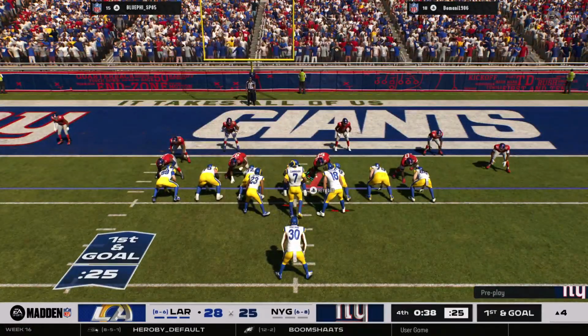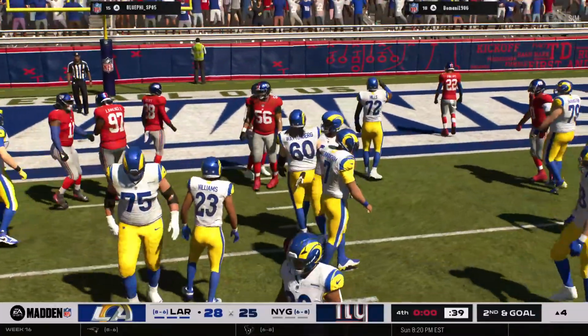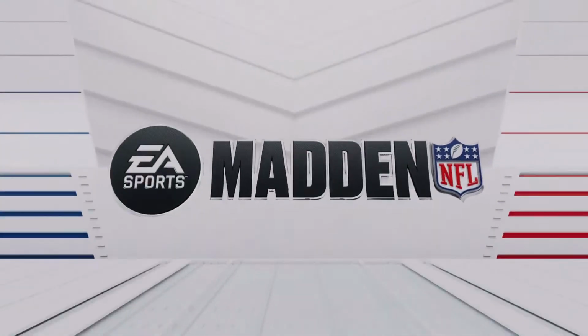Victory formation here. Looks like they're going to take a knee on 1st down. Hut, hut. Here's a design run. So it's the Rams who take this one on the road. Brock, I know you know this firsthand. All the way across the country,